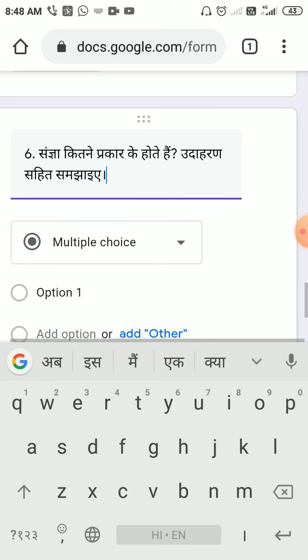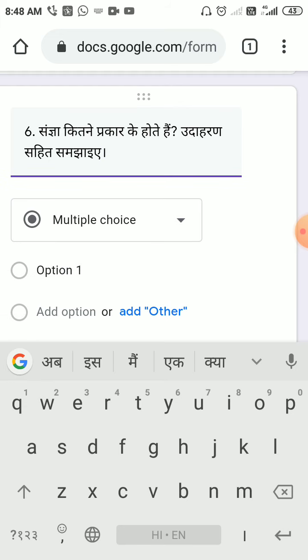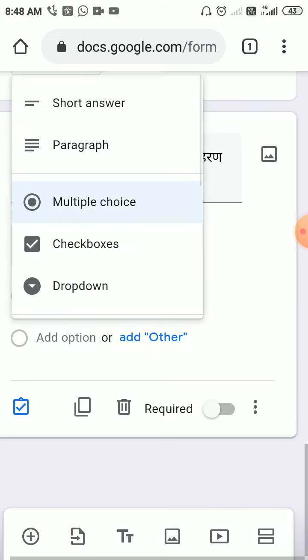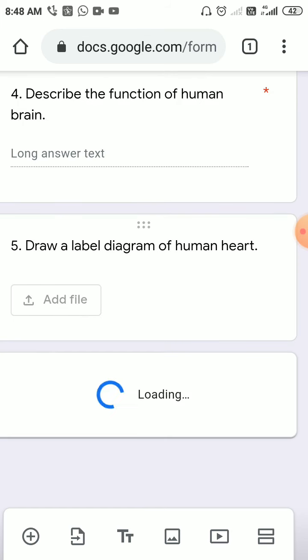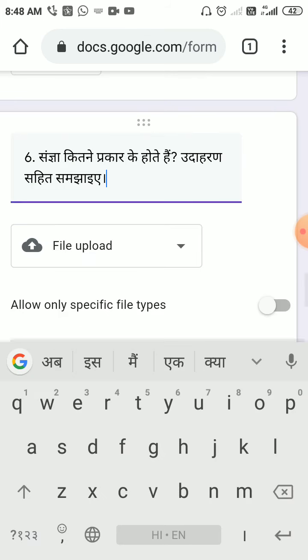Okay, so the answer of this question, I want a child to write. Maybe he is not very comfortable writing on the mobile keyboard or the laptop keyboard. So just let it be a file upload. He will write the answer in his notebook, then click a picture and upload that file.